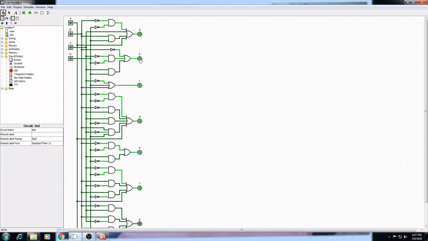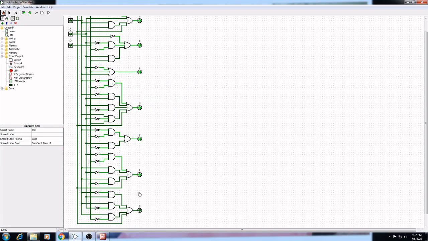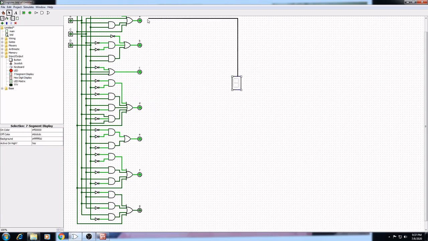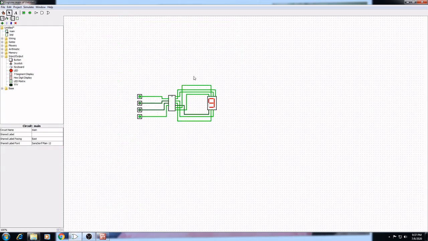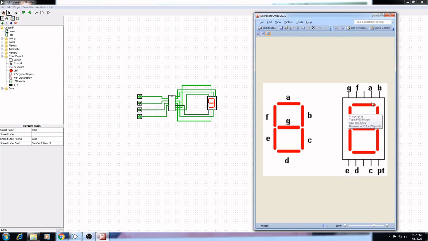Here are the outputs A, B, C, D, E, F. When you take this 7 segment display, we have to connect it like this. Okay, so this is B. Either way, for simplicity, I just convert this whole logic diagram into an IC, and then I connect all the outputs according to the pin diagram shown here.